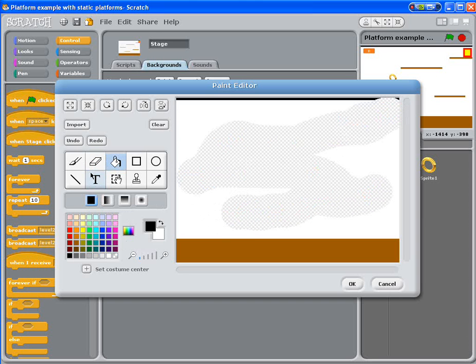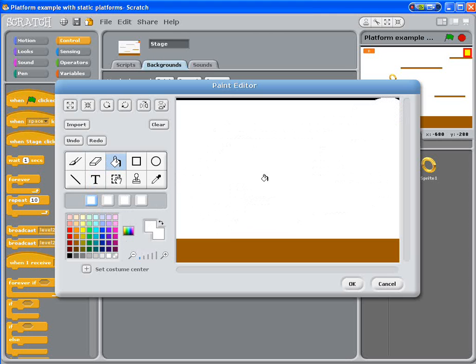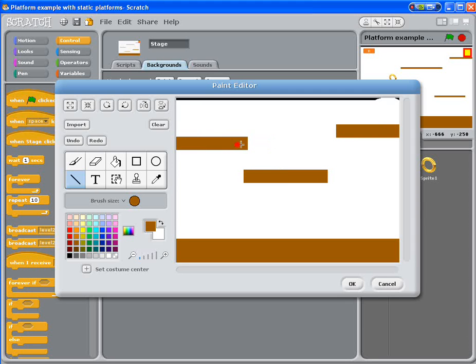Make my new platforms, because I know that Sonic's going to be up here when it goes to the next level. Sonic's going to be here, so then I can make a new one there, like so. Just make a very simple one,